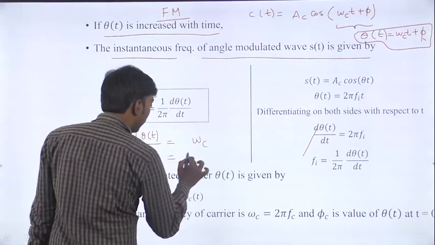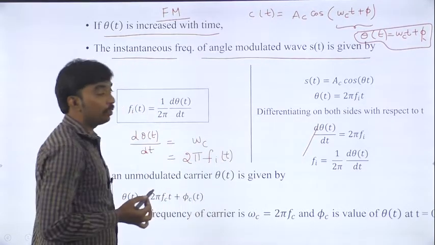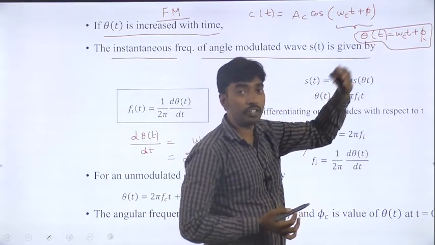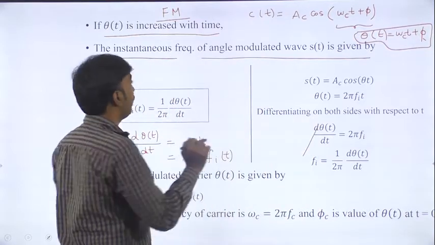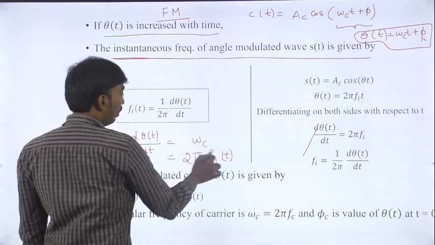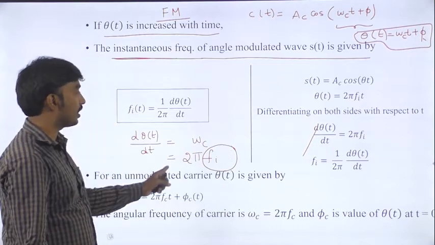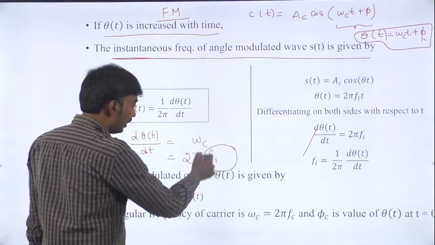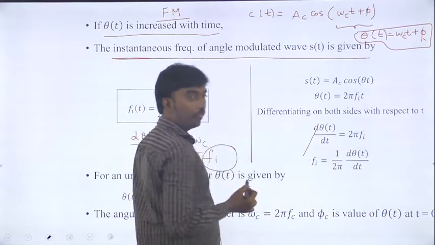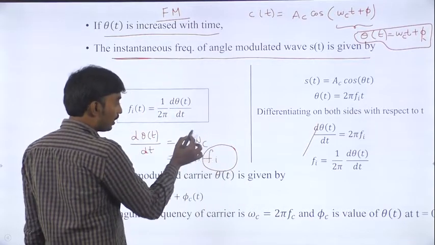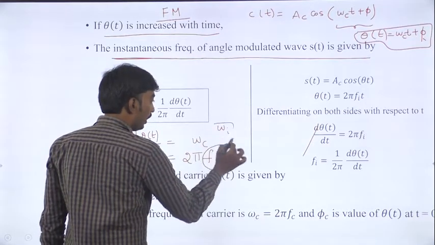And now that omega_c is nothing but 2 pi f_c. That means why am I differentiating this? To get the frequency modulation. If I get the frequency modulation, that is called instantaneous frequency, right? After differentiating, whatever I am going to get is instantaneous frequency. And from this, what is my instantaneous frequency? So d theta(t) by dt is equal to 2 pi into f_i, right? I have given omega_c. Omega_c changes to what? Omega_i. It becomes omega_i if I differentiate,